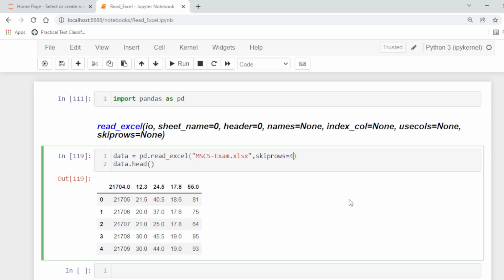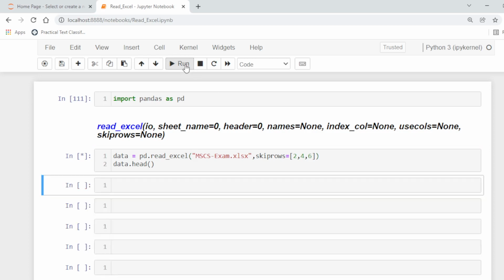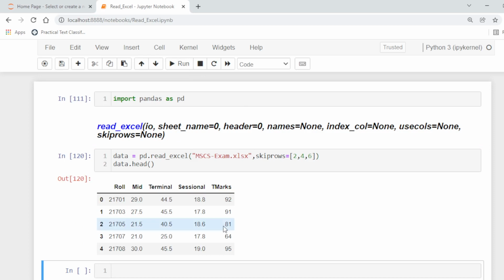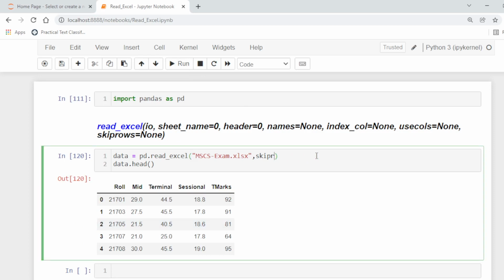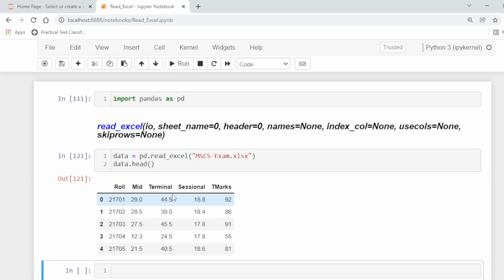You can also specify different row numbers to be skipped. For example, 2, 4 and 6. So here we want to skip row numbers 2, 4 and 6. So in this way we can use the different parameters of read_excel.